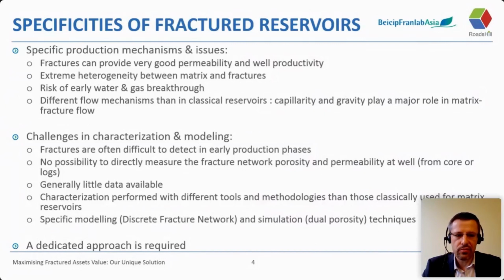It's very typical in fractured reservoirs to have an extreme heterogeneity between the matrix that provides the storage through the porosity and the fractures that provide the permeability with very limited storage. Because of this very high possible permeability, fractures also cause a high risk of early gas or water breakthrough in the reservoirs. And last but not least, as I mentioned, they have very different flow mechanisms compared with classical reservoirs